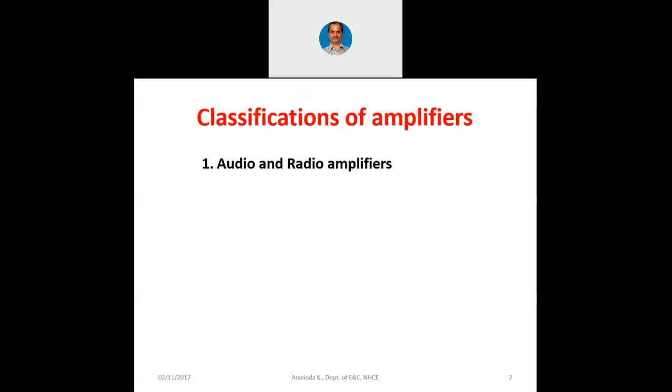Now, how to make this amplifier to work at 2400 megahertz, where the mobile phone will have a basic operating frequency of 2.4 gigahertz. There we make use of a special purpose oscillator or special type of oscillator called as VCO. It is also called as voltage controlled oscillator. Of course, that is beyond our curriculum as such. You are going to learn about VCO in your future courses. Now, when we use a VCO at 2.4 gigahertz for producing the carrier frequency for the working of the mobile phone,